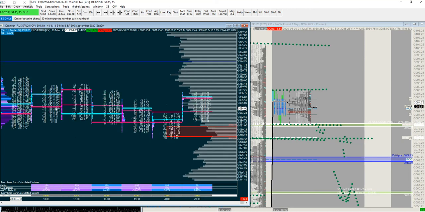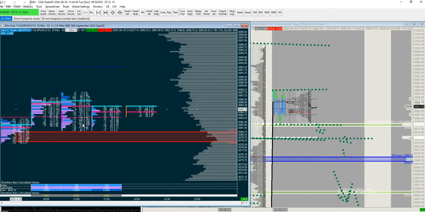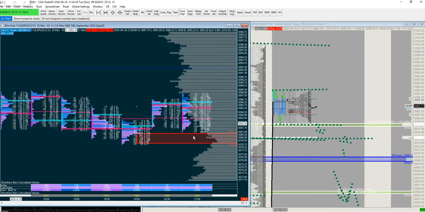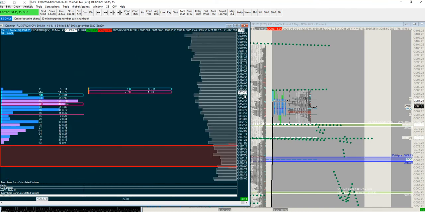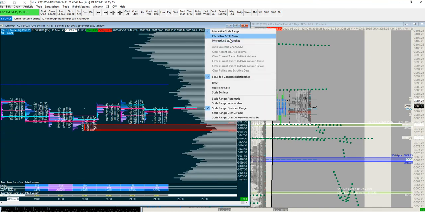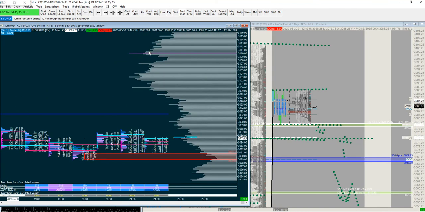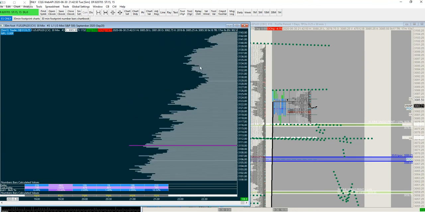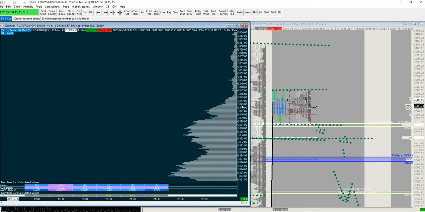Yeah, so the market, the 6 p.m. market opened here, came into this low volume node, held it 1, 2, 3, 4 times, and if we look at it that way, you have a better understanding of how to incorporate it. This low volume node could be an area if sellers show up. Other than that, we have some areas that could be of importance when it comes to volume profile,